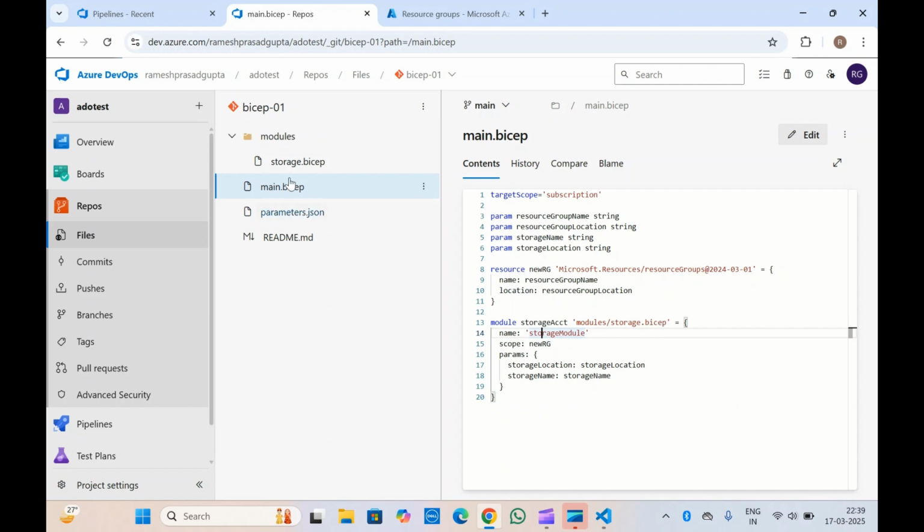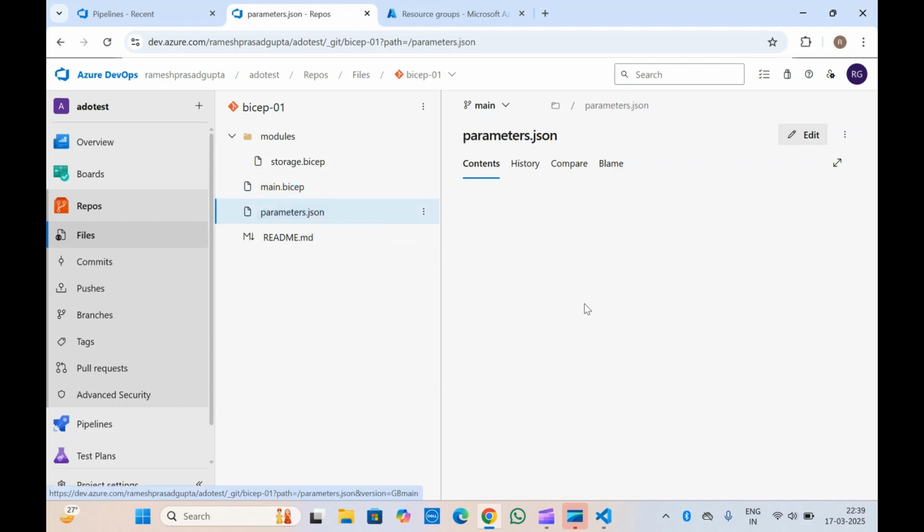You can create the modules inside the modules folder, and you can store all the Bicep templates here, and you can call each of them directly from the main.bicep, something like this, where we have just called or inserted this storage account module here in the main.bicep. Once this is done, the next thing you will have to create is parameters.json,